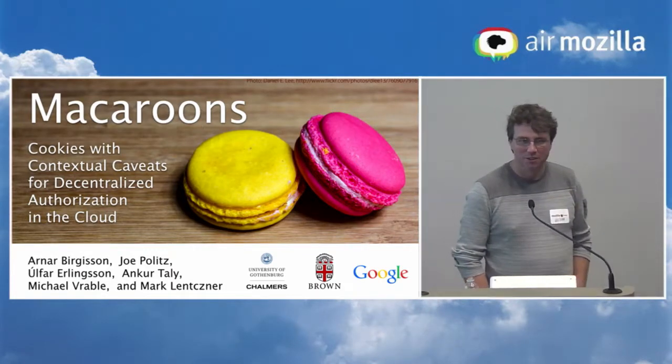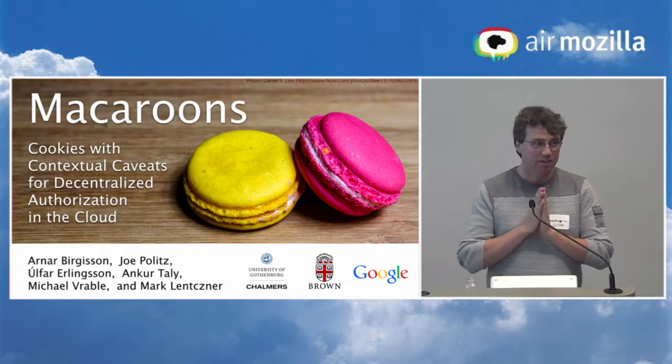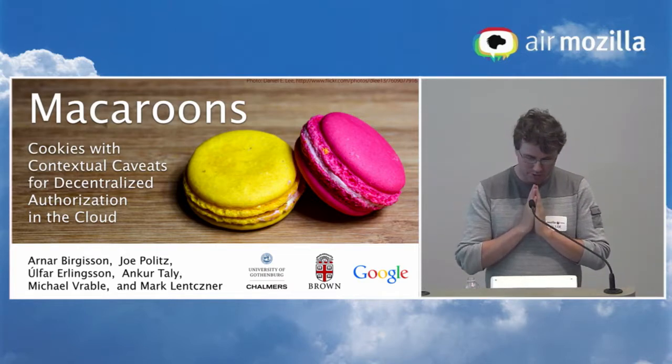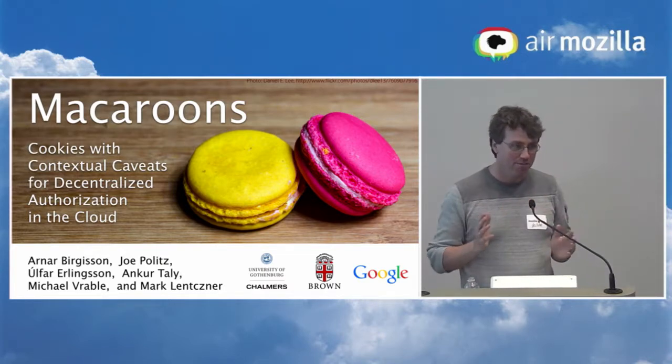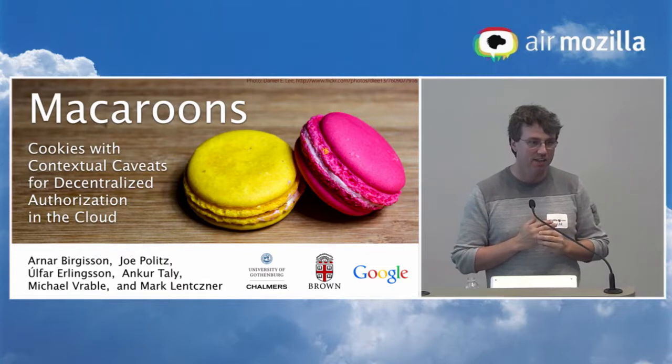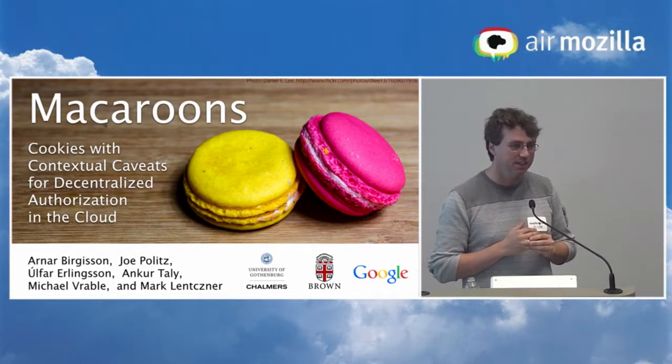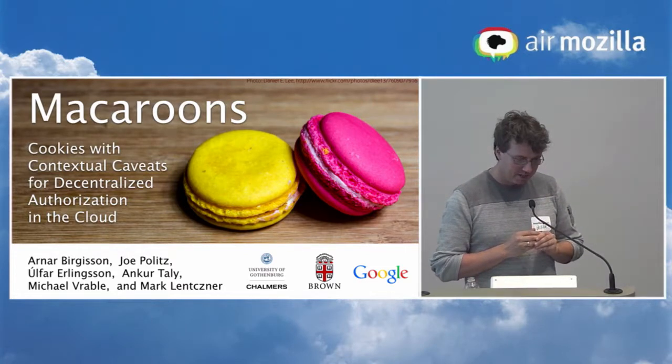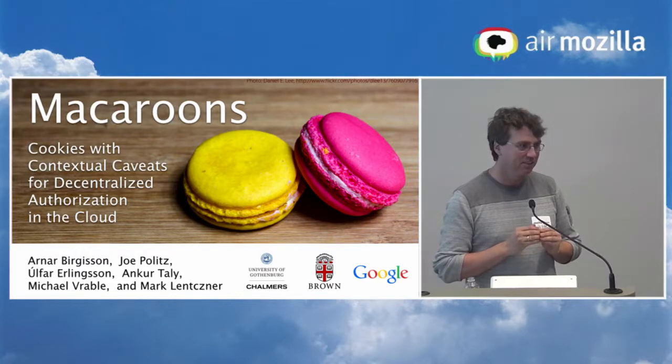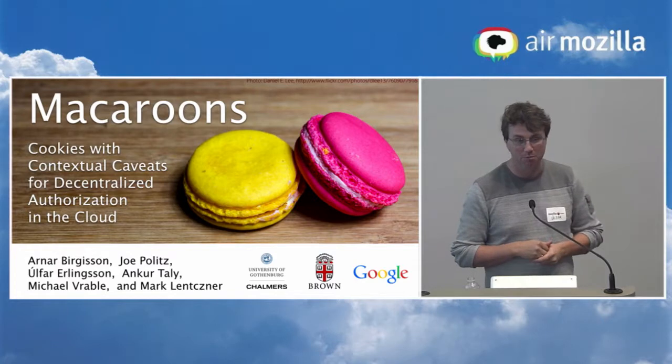Okay, so I'll start with a little bit of preamble before I actually get into the talk, and this is sort of to put things in context. In the 90s, soon after public key cryptography was discovered and actually became practical, there were a lot of different efforts to try to use public key crypto in interesting ways to solve authorization problems.